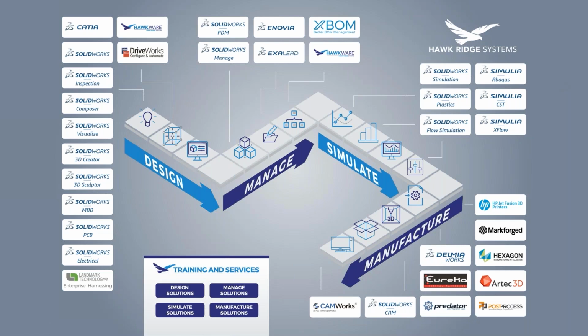portfolio. Many of you are probably familiar with us through our SolidWorks CAD offerings and the other products through the SolidWorks brand. In the Simulia lineup, today we're really going to zoom in on Simulia CST for connected device applications and kind of touch lightly on what's possible with some of the other Simulia offerings, but really just wanted to take this opportunity to let you know that we have high-end offerings across CAD, data management, simulation, and manufacturing, whether it's the CATIA CAD offering, Enovia for data management, or Simulia Abaqus, CST, and XFlow on the analysis